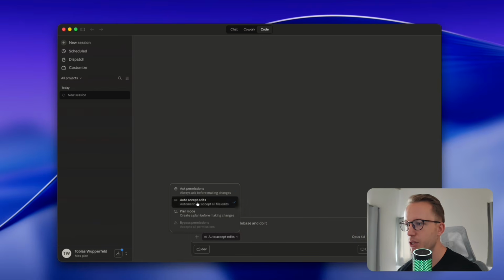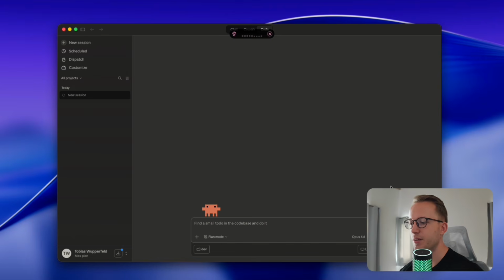And then let's switch also to plan mode. Build a personal finance tracker with AI insights. It should be a web app, and it should have the following features. I want a login sign up functionality. I want to be able to add transactions. I want to be able to upload receipts. Then there should be an AI spending summary, and also I want to be able to share the dashboard,